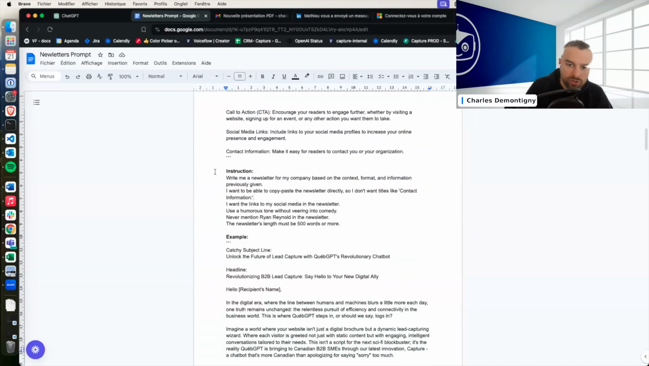Fifth, I have the instructions. In that case, I have a few instructions about the length, and not to mention Ryan Reynolds, because for some reason he would put that in the newsletter. And this is what I told you earlier: sometimes you just need to add a bit more instruction when you see that something is hard or not working. Those are the instructions I've added while creating that